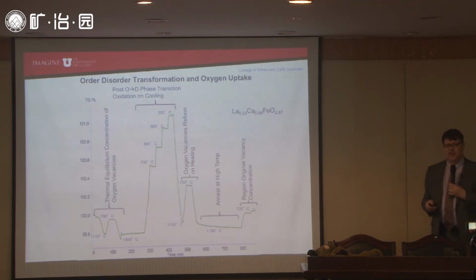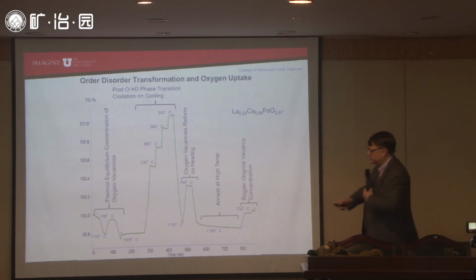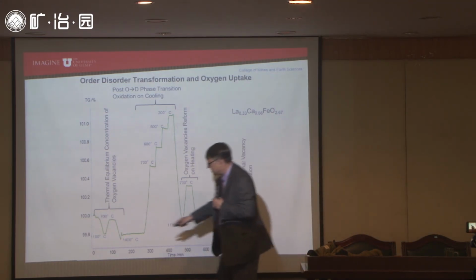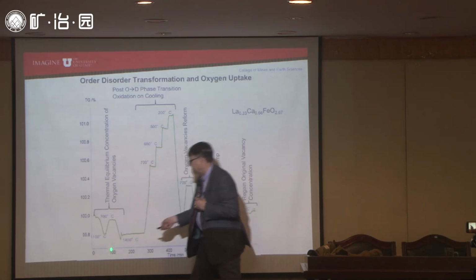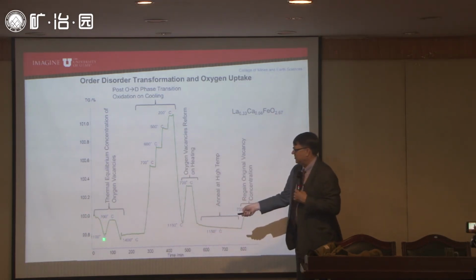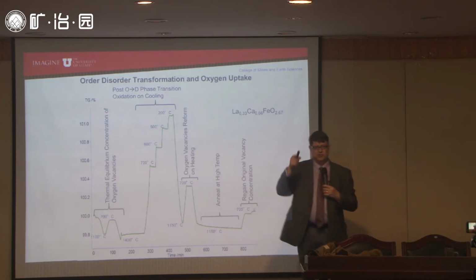All right, so this is the green curve only. Okay, so bear with me. So here we go. So this is our starting weight right here. We're measuring the weight change as a function of temperature. And as I heat this material up, in this particular case I'm heating it to 1100 degrees C, so I heat it up to 1100 degrees C, and my material loses a little bit of